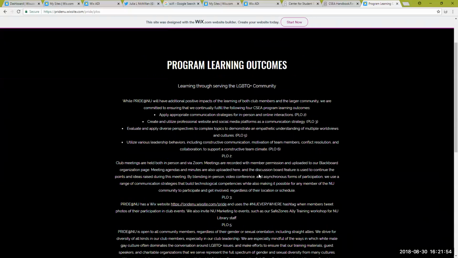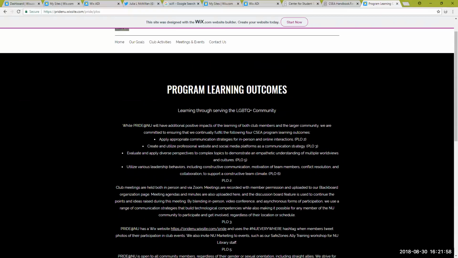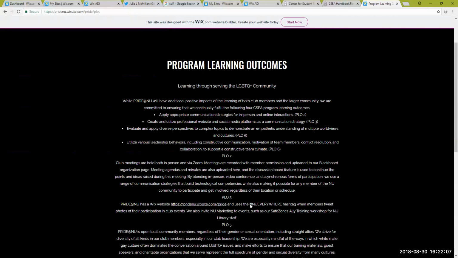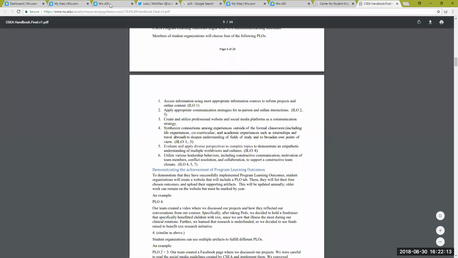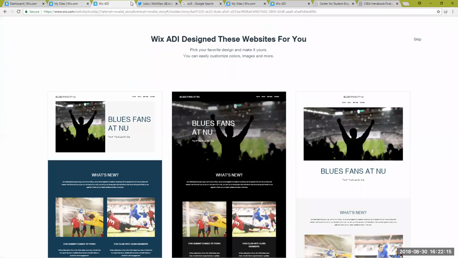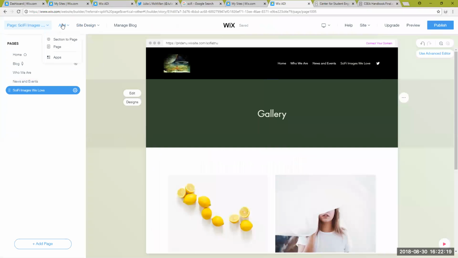So somewhere in your website, what this does not have yet, because I am in the middle of doing it, this is new, is I don't have the artifacts themselves up here on the website. So this has got the PLOs, but it doesn't have the evidence for them yet. So what you would have is the PLOs and also the supporting documentation. And that would be, now where's our nice tab? We got all this stuff. So you could have a section on a page, you could have a page,